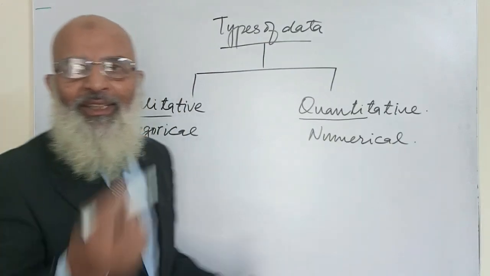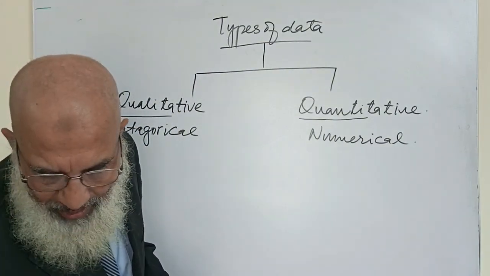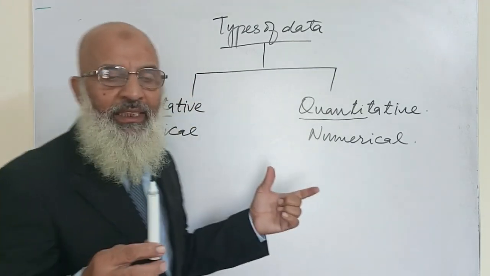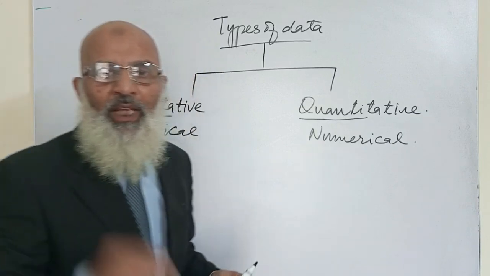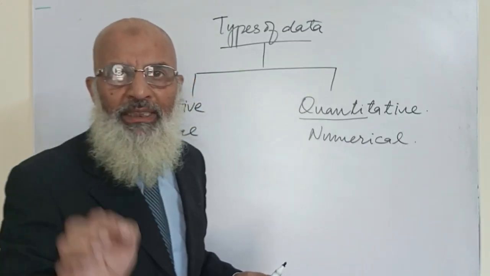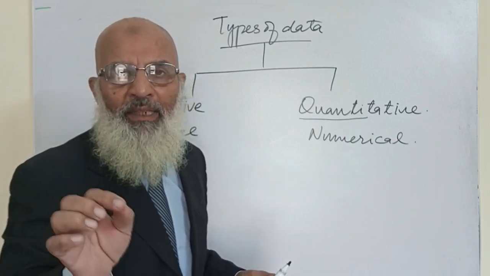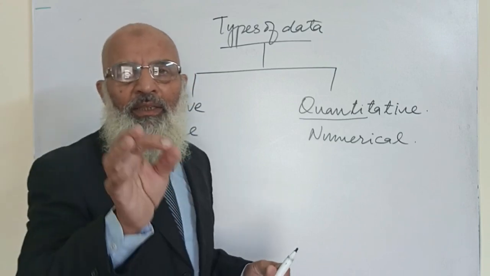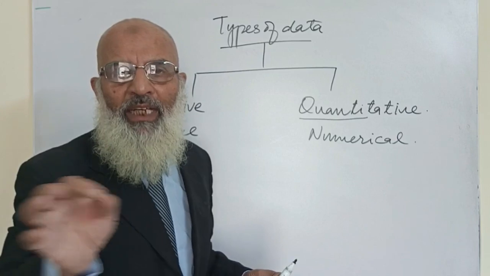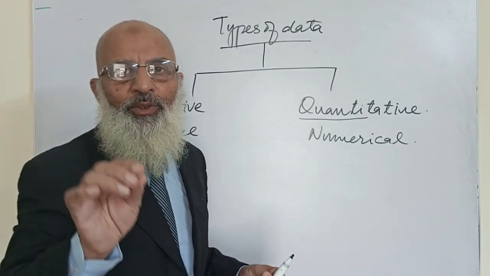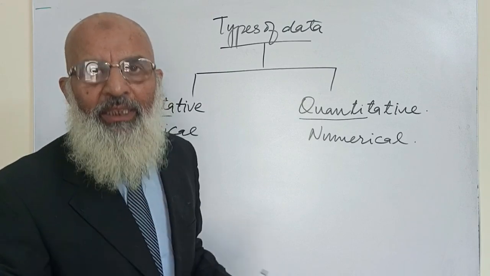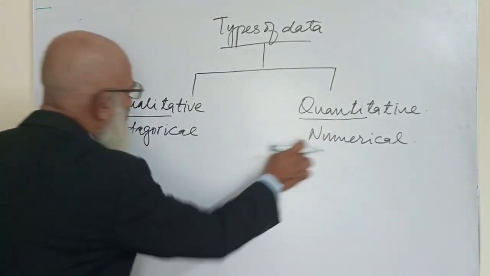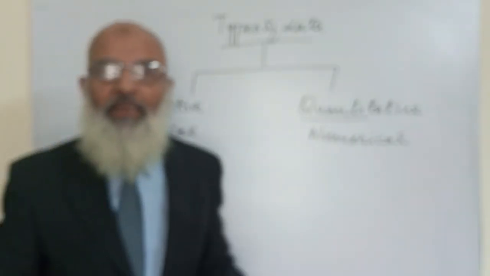I told you how much are the pens? 1. But now 3. So you see the quantity. The quantity means how much number a student gets in mathematics. The number of the students getting 6 out of 10 are this much, the students getting 7 out of 10 are this much, and the students getting 10 out of 10 are this much. This is the quantitative or numerical data, whereas categorical data is the age,